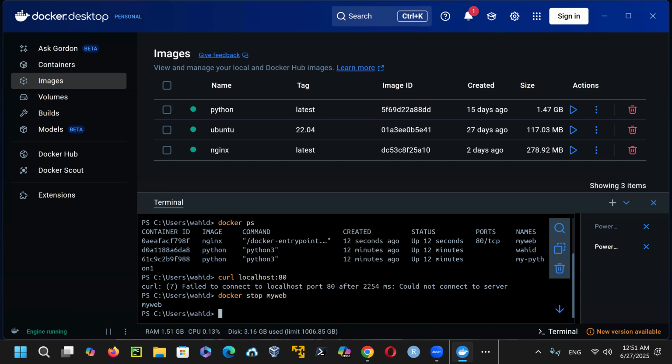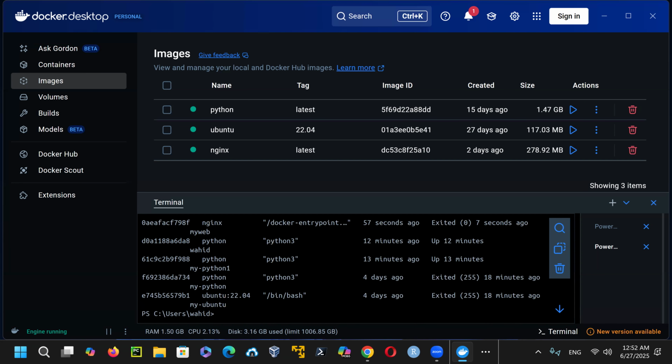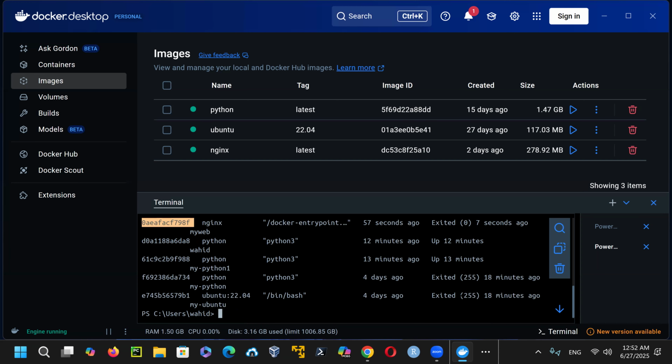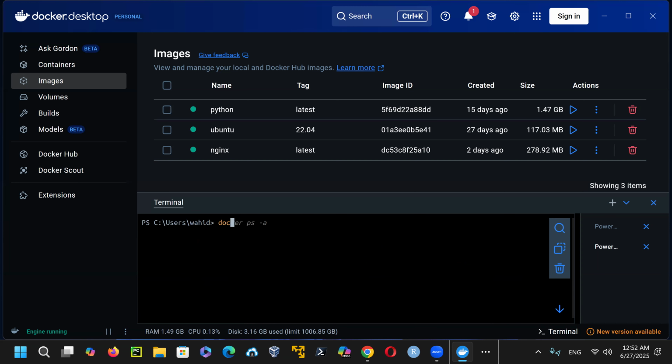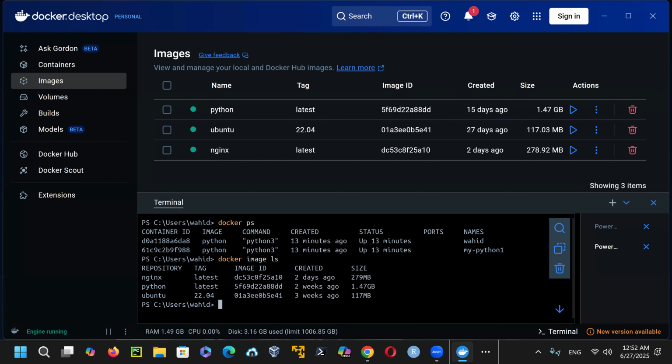Now I just stop it. With docker ps, you can see that it is stopped. But if I say docker ps -a, it shows that myweb was just exited somewhere here. Exited, my Nginx, myweb is exited. So now say clear screen, docker ps. Those two are running. docker image ls. It is these two. I'm going to say docker